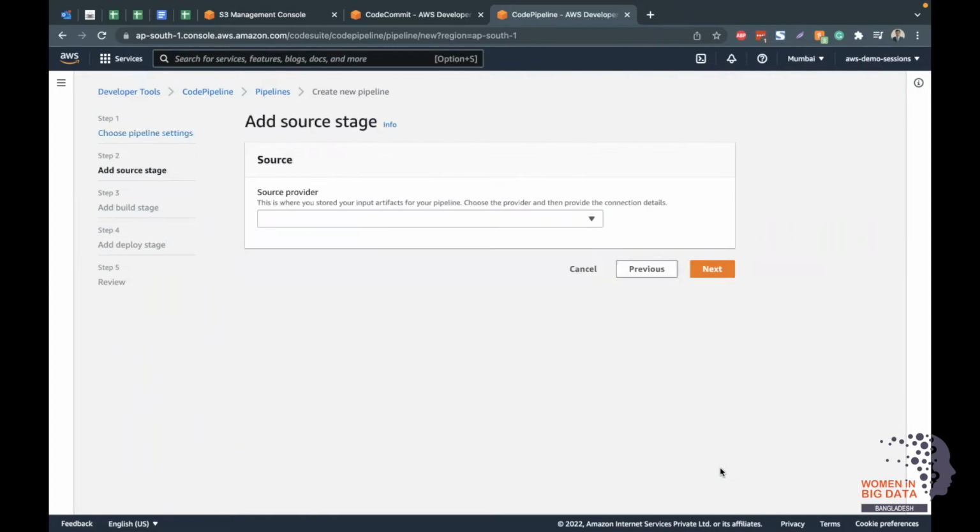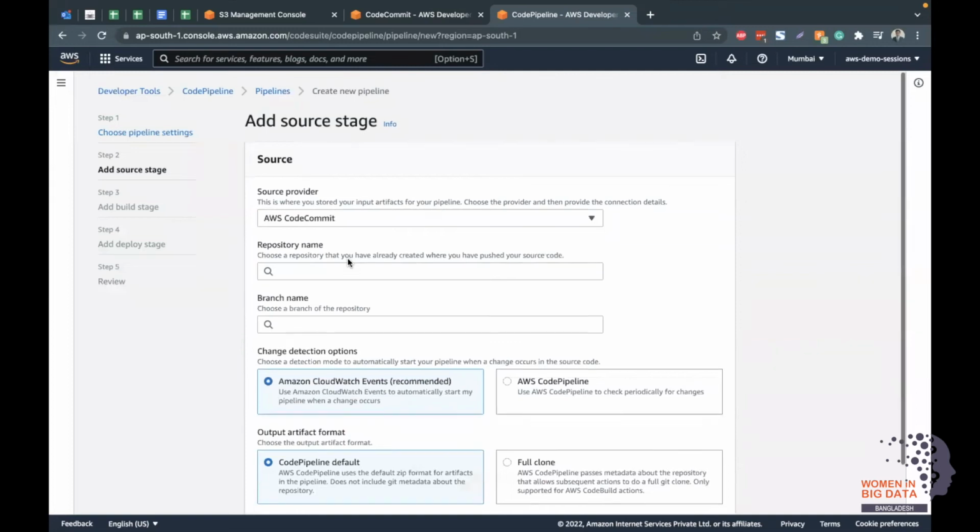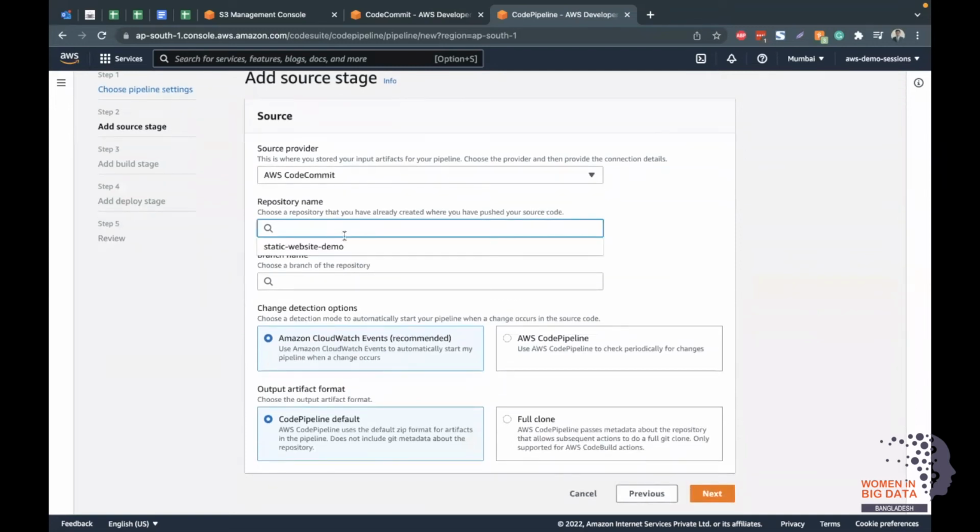I'll click on next. Here you can do different kinds of things. You can use Code Commit, Amazon ECR, S3, Bitbucket, GitHub, and even enterprise, right? So GitLab is not supported, but you can do any of these things. What we will do is, since we have used Code Commit, I'll select Code Commit. And by default, you will see a pop-up that comes up, give me the repo name,